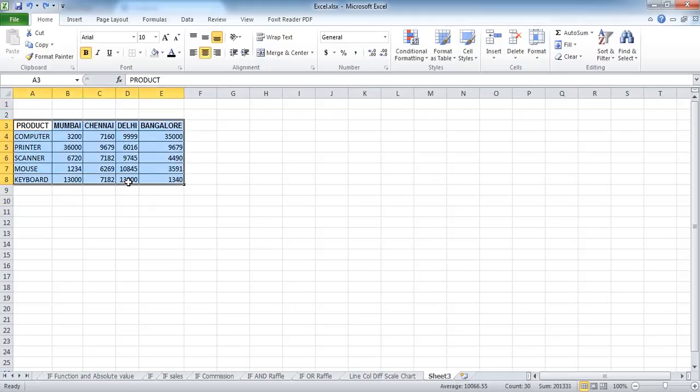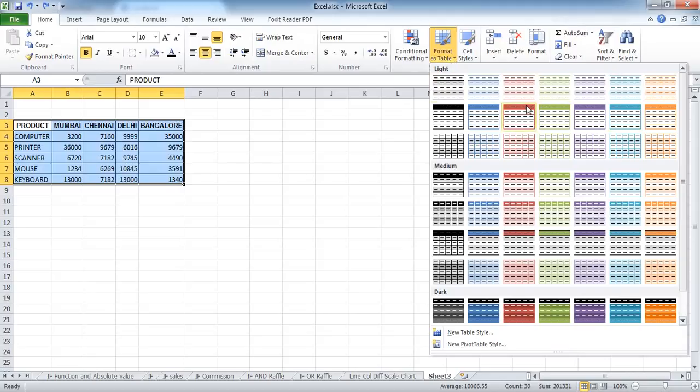From our previous discussion we have this table of a product and city wise sales table, and we learned that if we want to format this data in the form of a table, I need to go to the Home tab in the Excel ribbon, select the Format as Table button and go through these different formats, and selecting one of them would apply that format to my data in the form of a table. But what if I wanted this to look a bit different, something more customized? All we need to do is go to the New Table Style option,